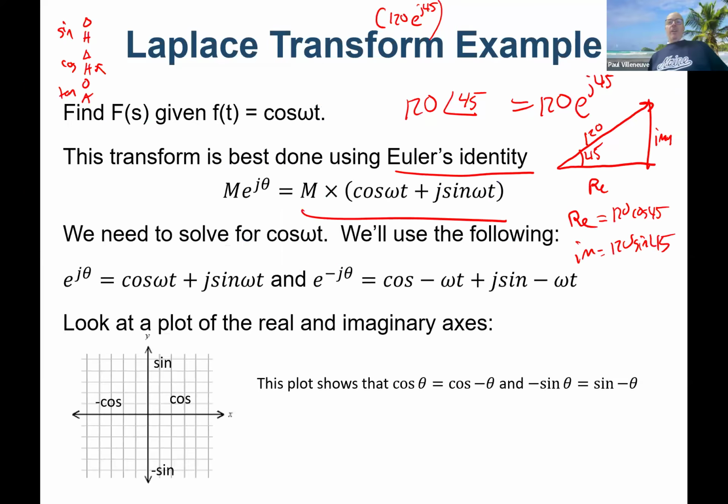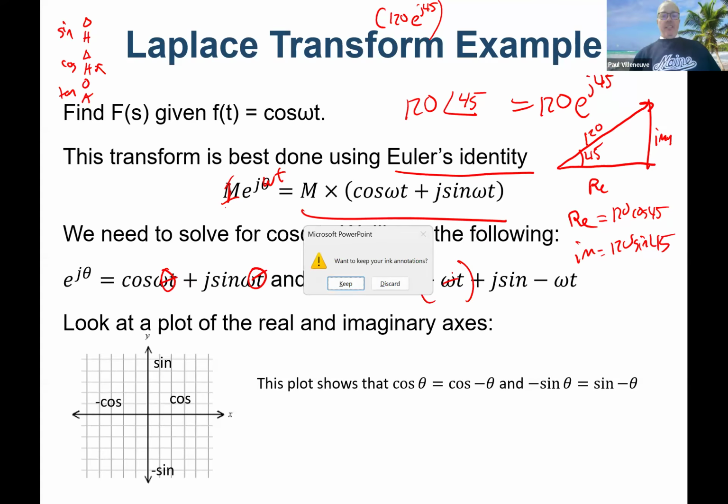So we're going to use Euler's identity to help us solve for the Laplace transform of cosine of omega t. The first thing we're going to do is assume that we have M e to the j theta. We'll just make this 1 to make it easy for us. Actually, I should say this is omega t, not theta, but we have e to the j theta is cosine theta plus j sine theta. And then if we do e to the minus j,